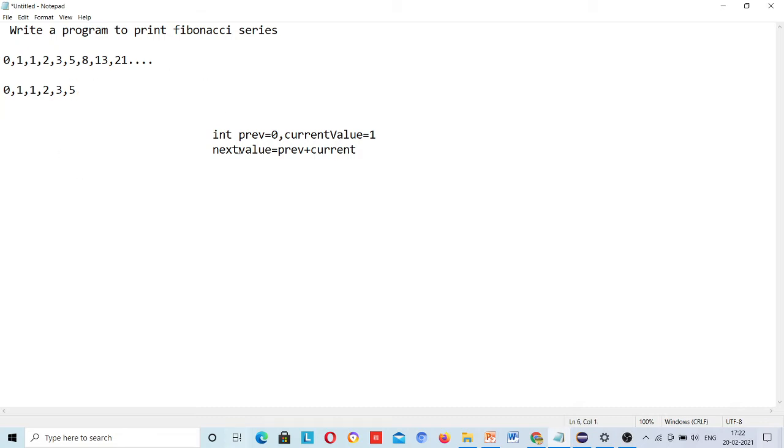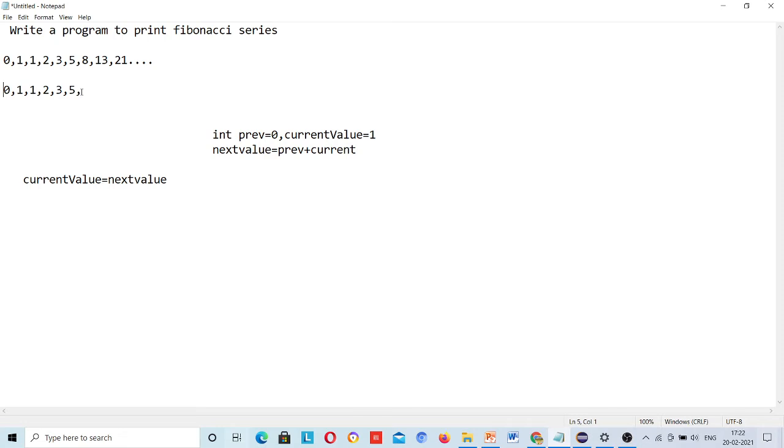So the next value is actually becoming your current value, so you need to swap it. The current value will be changing to the next value, so next time when you add current plus previous, 5 plus 3 is 8.